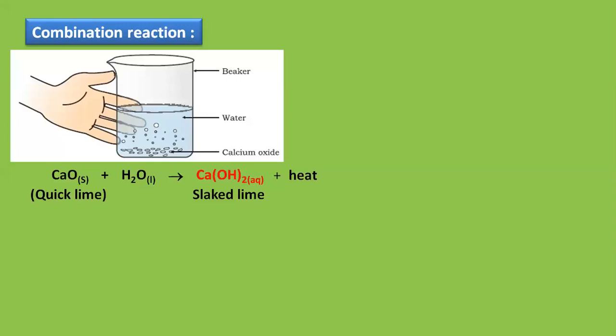We are going to study in detail about them after I finish with types of chemical reaction. But before that, just remember, in this example, we are going to write plus heat, which is indicating that it's a type of exothermic reaction. Yes, my dear students, I hope you all have understood and you all have written the second example of combination reaction. Please write it.